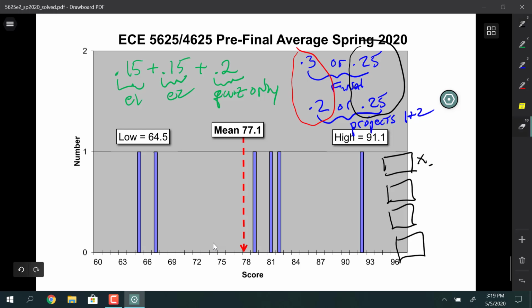I don't really want to spend a lot of time on this because I've got definitely important things to talk about, but this would be 0.3, that would be your exam average right there, and then you could go times 0.2, and that's going to be split between the quizzes, which are already determined, so I can give you that number, and then you can guesstimate where you're going to land on the homeworks percentage-wise, and then this would be the 0.2 for the projects, the 2 projects that are in there, and then the final